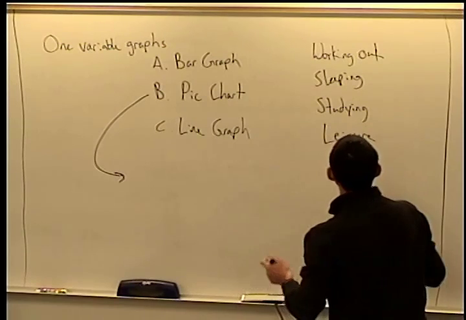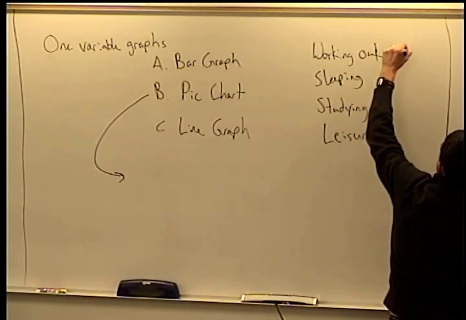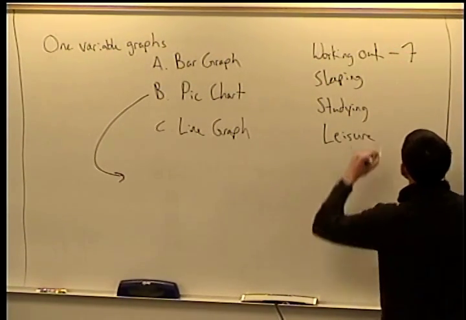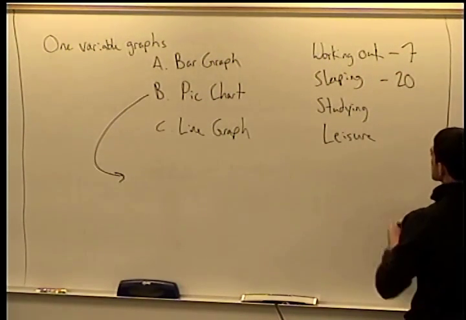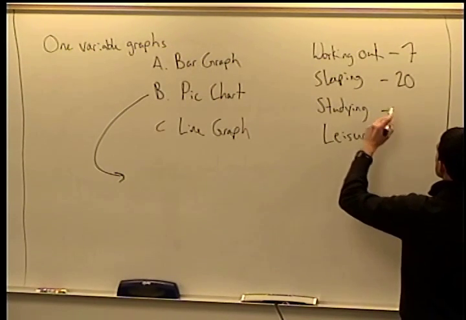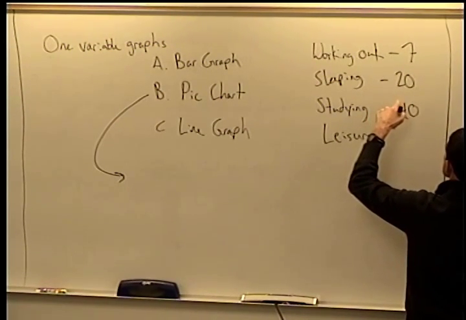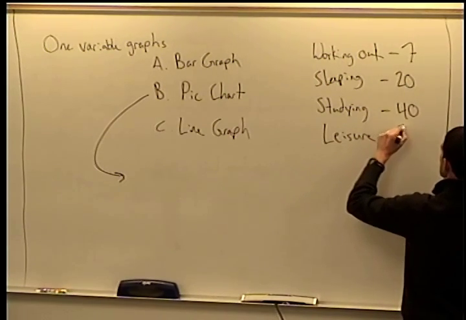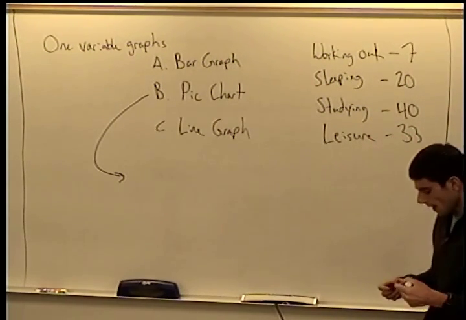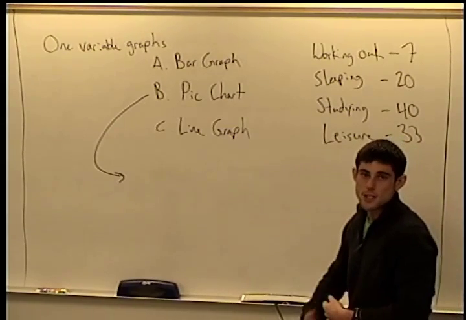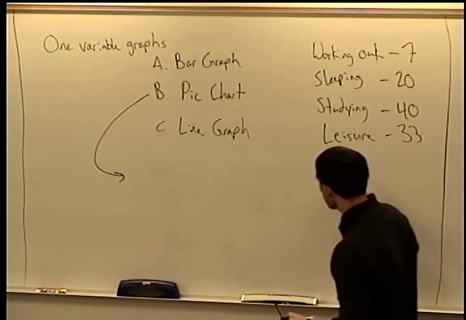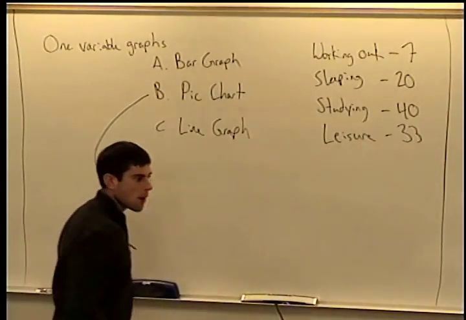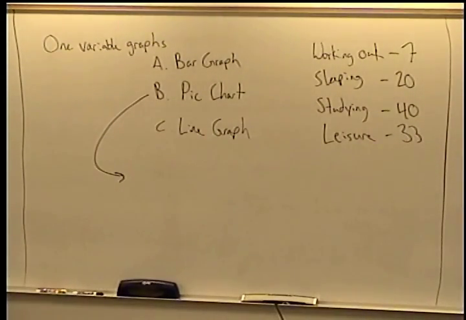So let's say in this 100 hours, you spend 7 hours working out. You spend 20 hours sleeping. You spend 40 hours studying. And then that means that you spent 33 hours on leisurely activities, such as hanging out with friends, watching TV, eating, and so forth. Okay? So you have 100 hours, and a bar or a pie chart would best represent the breakdown of your